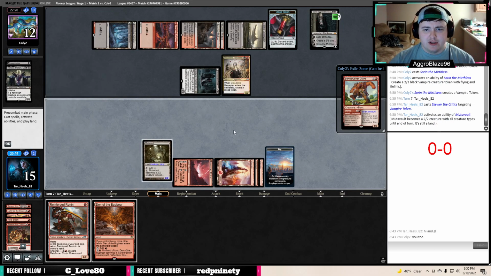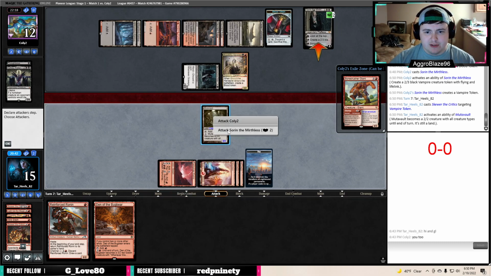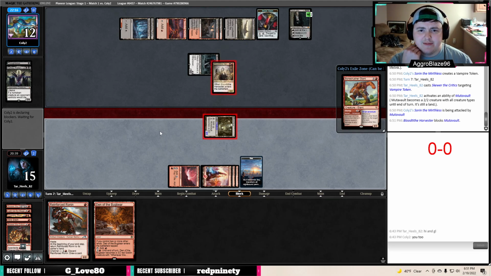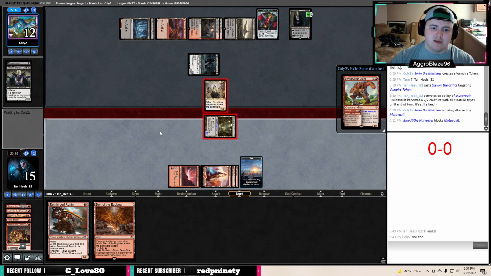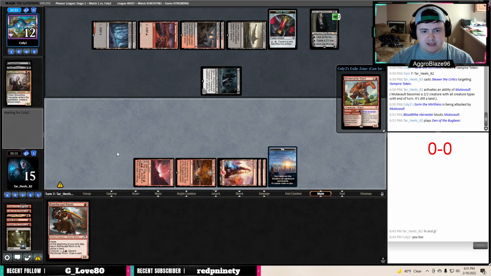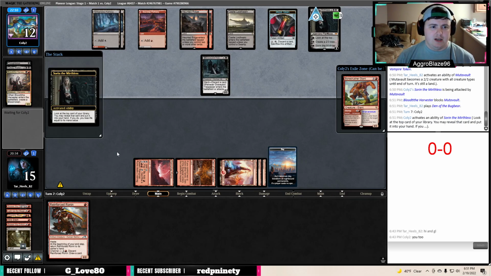We're going to fire up the Mutavault here, and we're going to attack Sorin, and then we're going to play the Bugbear afterwards. We're giving them less information this way. I imagine they're going to block here. They probably want to keep the Sorin as a source of card advantage. Play this and say go. Would have liked to have been able to play the Reinforced Ronin as well that turn, but...